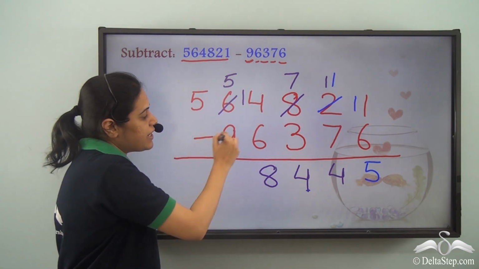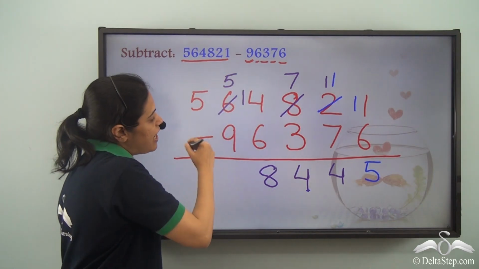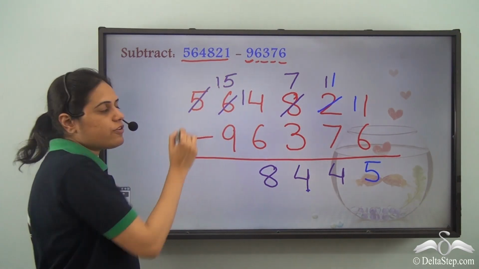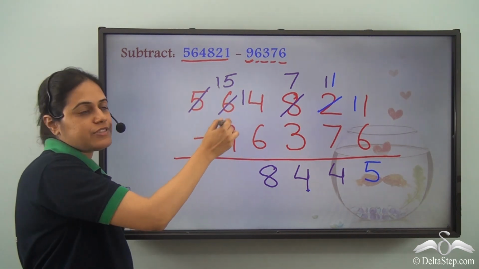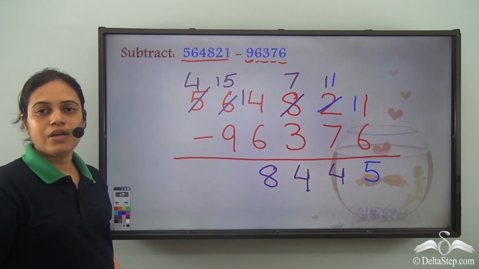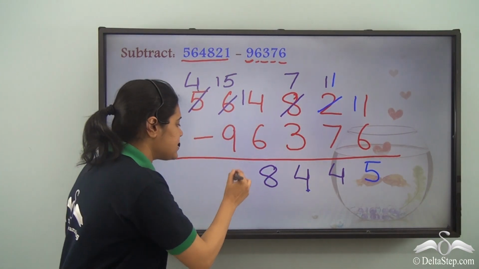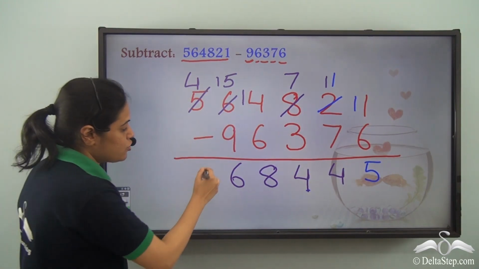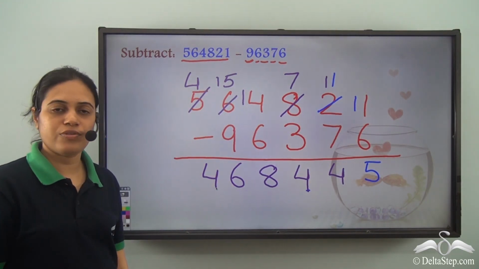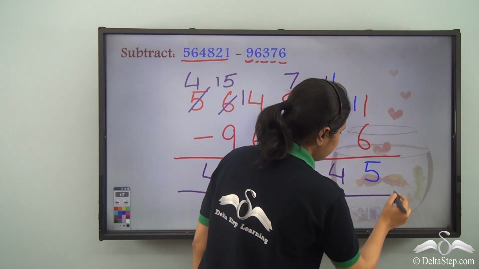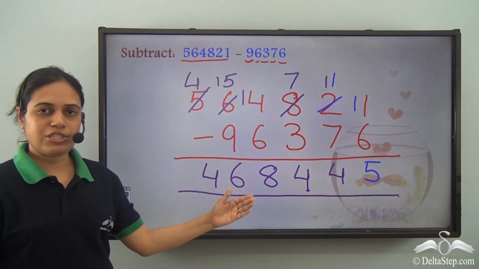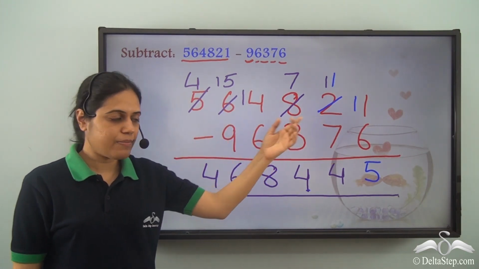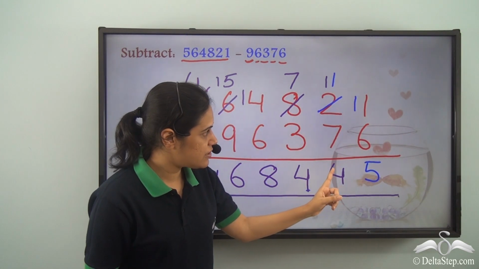I have 5 minus 9. Now once again 5 cannot subtract 9. So 5 will borrow 1 from this 5 to become 15, and this 5 becomes 4. 15 minus 9 is 6, and I have 4 here. There is nothing over here. So I write this 4. So this is the answer of this subtraction. So I have subtracted a 5-digit number from a 6-digit number, and this is the answer.